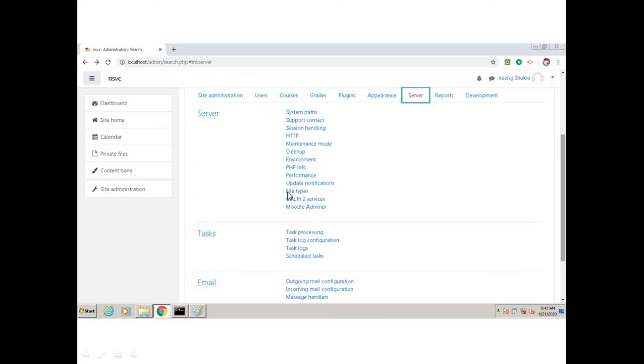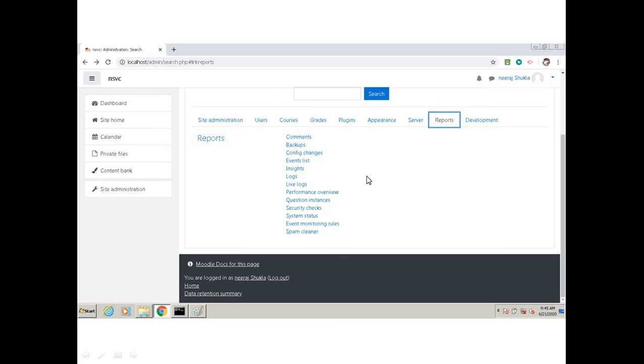With the help of that, you can analyze advertisements, etc. Task processing, email, etc. Outgoing email, how you are configuring, incoming email, how you are configuring. That means through the Moodle system, you are generating mails to the students and other parties, and the students, other parties, they are mailing you, and the system administrator and teachers, etc., they are getting the emails.